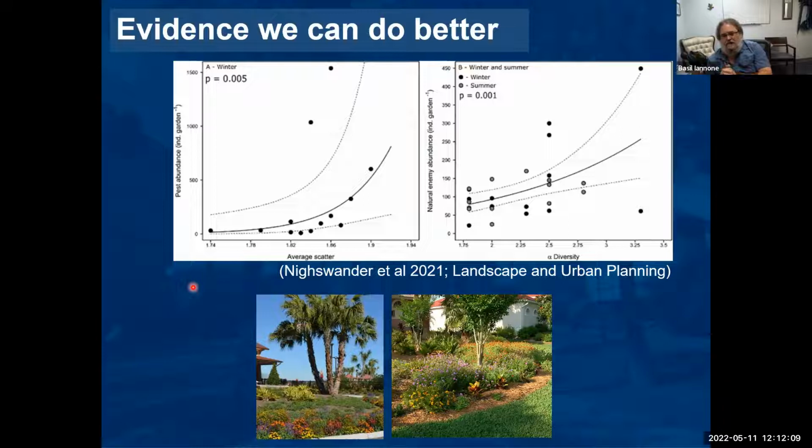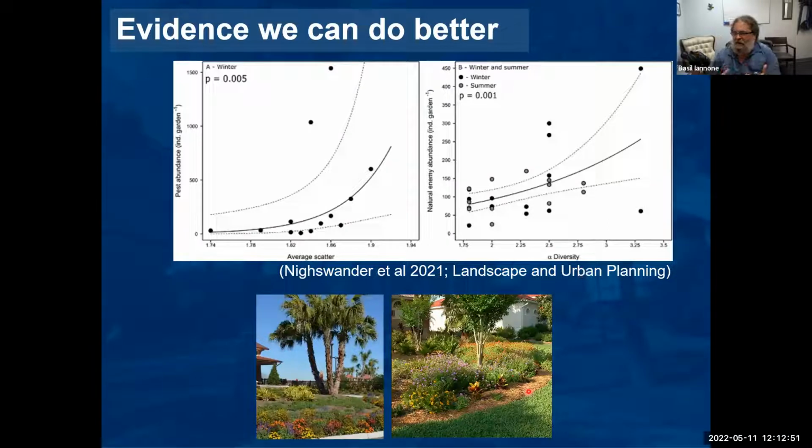Just a really quick example from my master's graduate, Giselle Niswander's work. She sampled ornamental gardens around north central Florida, and she looked at arthropod pests in these gardens in relation to plant diversity and how structurally complex these plantings were. What she found was that as plants were spread out in a garden, pest abundance increased. She also found that arthropod predators that feed on these pests increase in abundance with alpha diversity. That's just the number of plants in your garden.